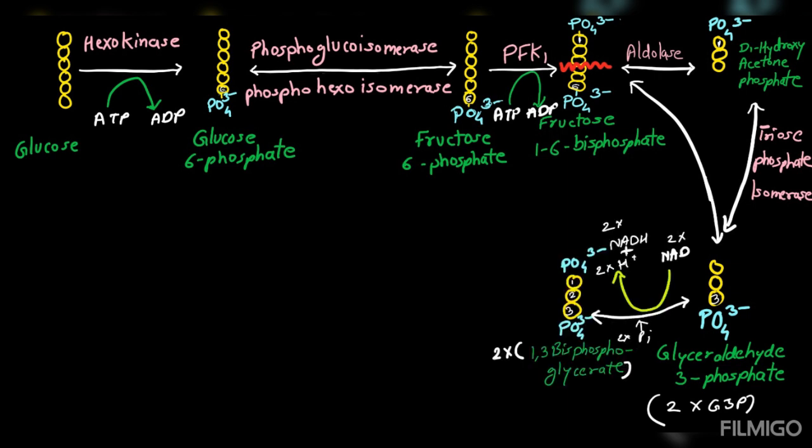In the next step, we are adding one more phosphate molecule to glyceraldehyde 3-phosphate. But this time we are not taking phosphate from the ATP. So here there is no kinase enzyme, but we are taking the phosphate molecule from the inorganic phosphate which is present in the cytoplasm. So we will get 1,3-bisphosphoglycerate molecule, as here the phosphate molecule is attached to the first and the third carbon atom. And as there are again 2 phosphate molecules, the name is 1,3-bisphosphoglycerate. And this all happens by the enzyme glyceraldehyde 3-phosphate dehydrogenase, which creates 2 molecules of